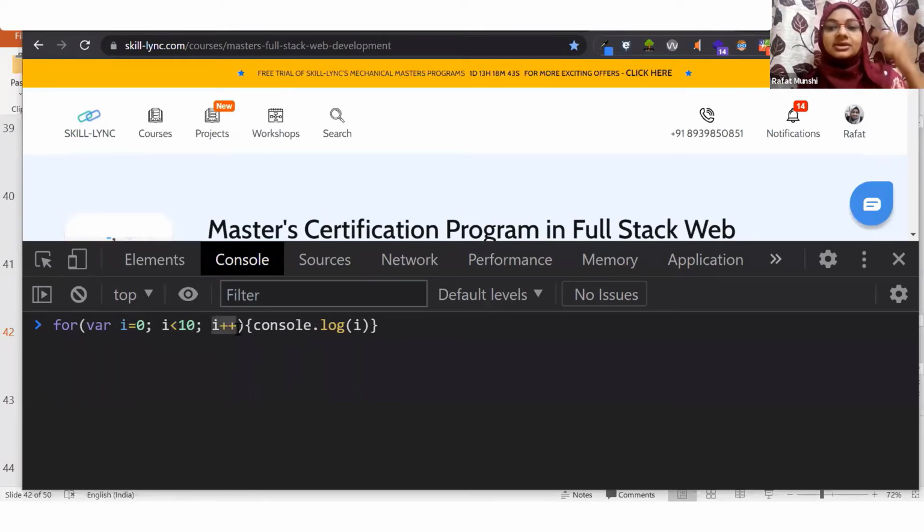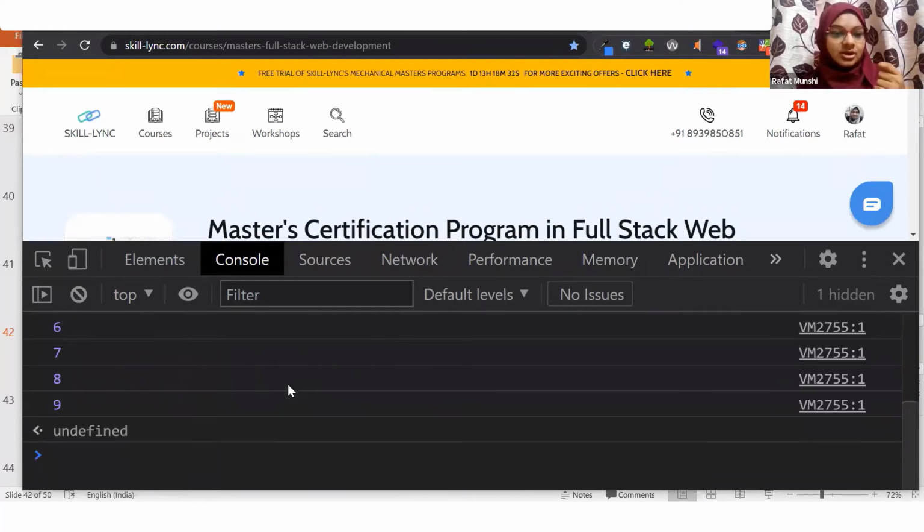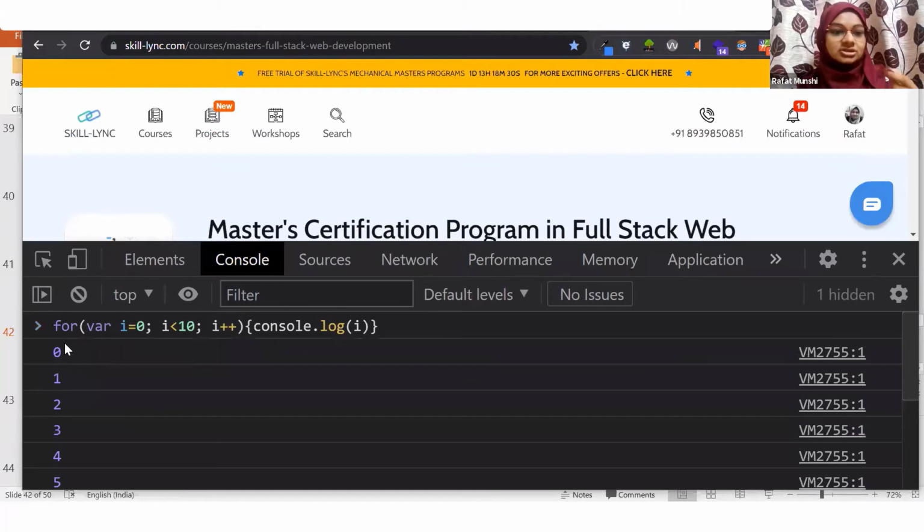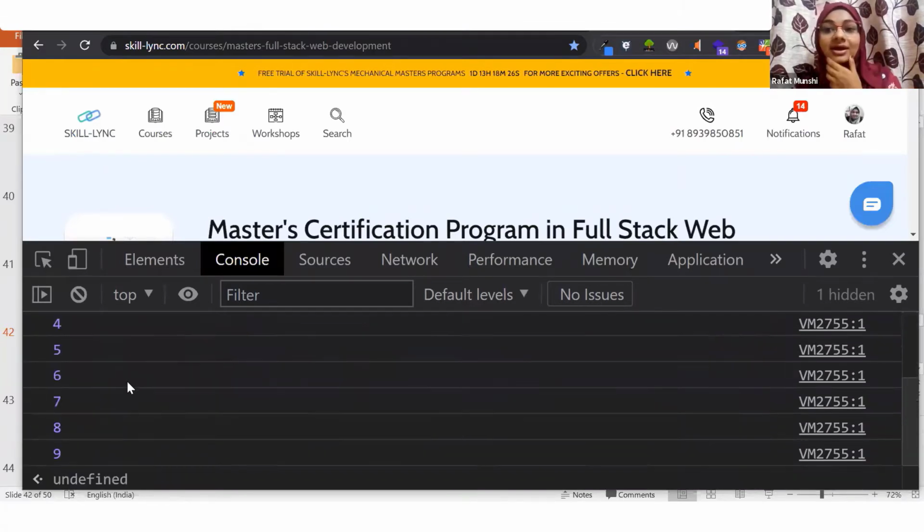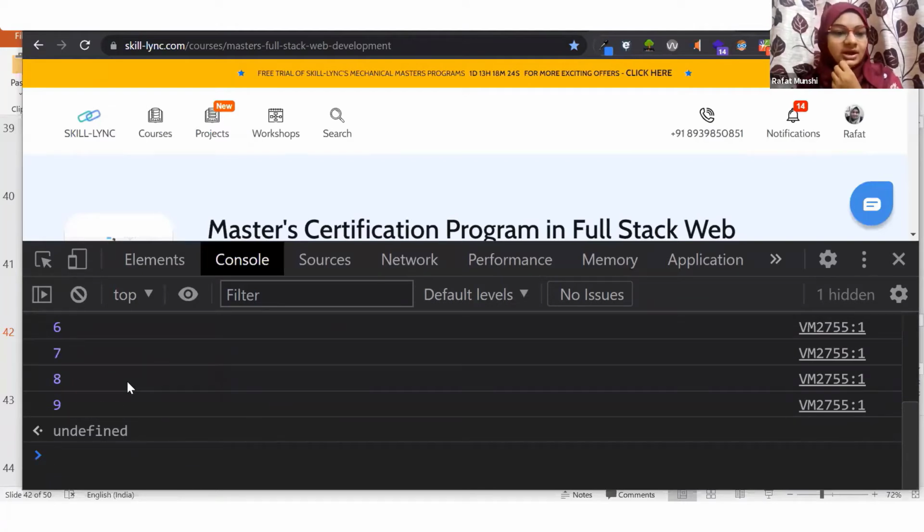And then i++ means I'm incrementing the value of i every time. So once this is happening, then I would log this i. Now when I press enter, see what is happening. Oh my god, it has actually taken every value of i and it has logged it for me. So now I'm getting amazed. Wow, I can do so many things with this.